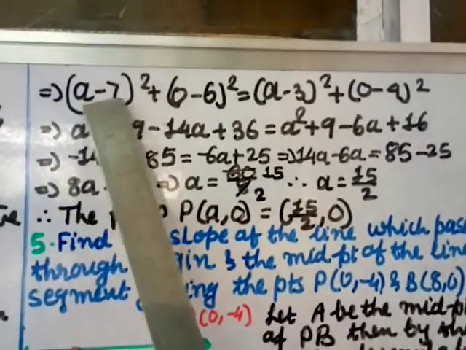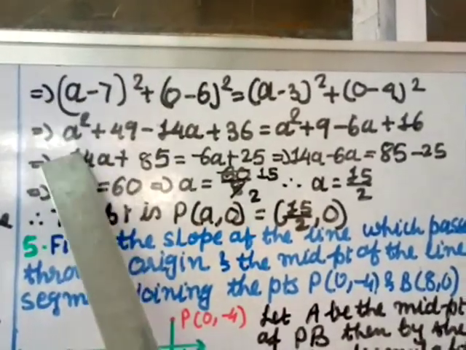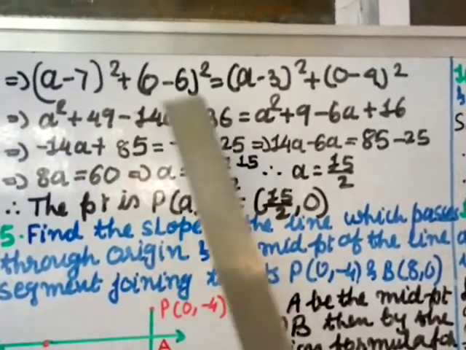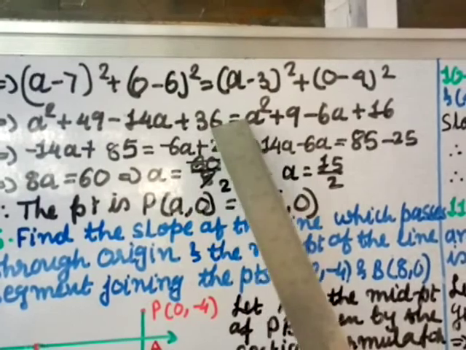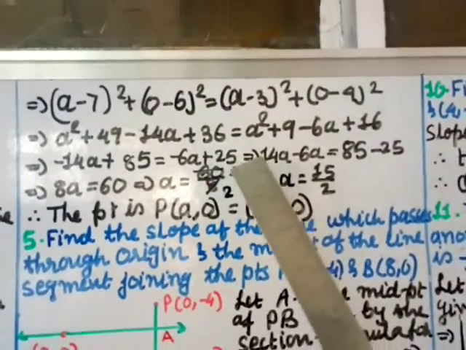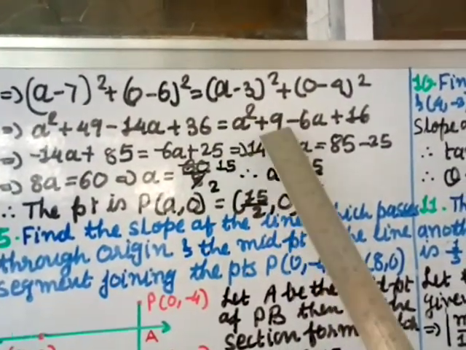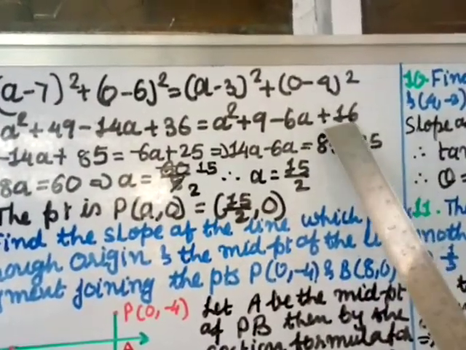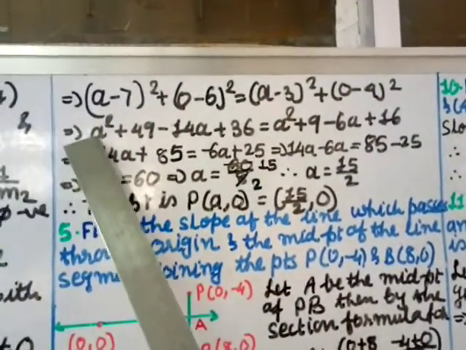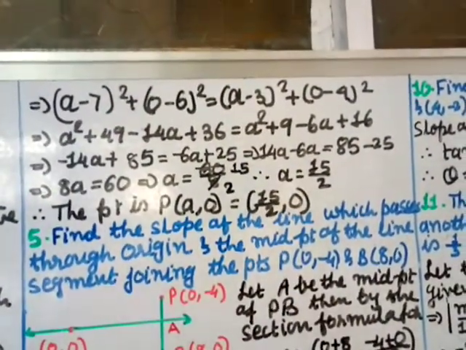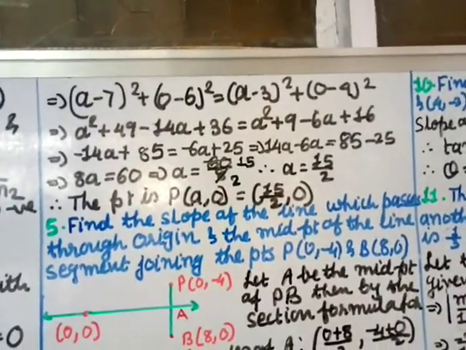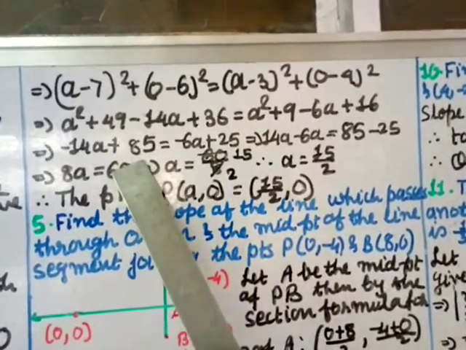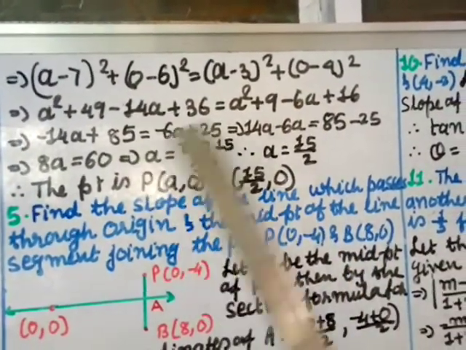Now expand this using (a minus b) whole square. So this is a square plus 7 square is 49 minus 7 into 2 is 14a plus 6 square is 36, equal to this, also expanded using (a minus b) whole square. So a square plus 3 square is 9 minus 3 into 2 is 6a plus 4 square is 16. Now this a square and a square will cancel, because if you transfer over here this becomes negative and you can cancel it. Now minus 14a is here, 49 plus 36 will give you 85, equal to minus 6a, 9 plus 16